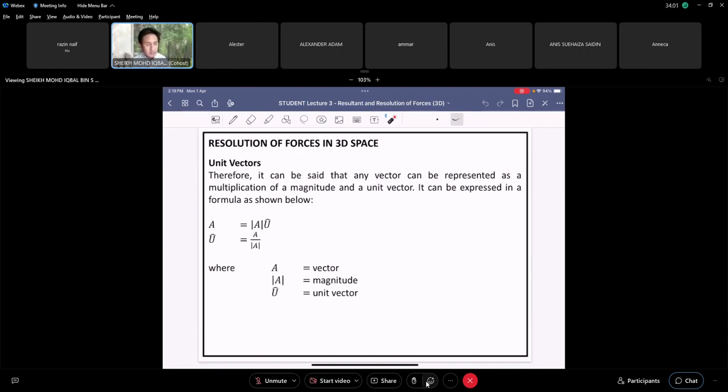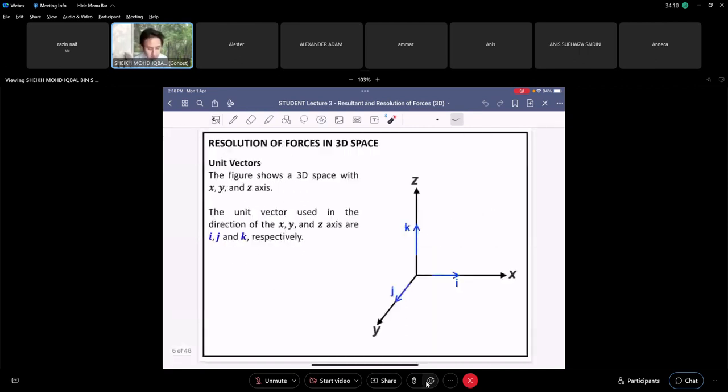If it changes the magnitude, if it's more than 1, then it does not accurately represent the vector anymore, right? So now, how do we resolve forces in three-dimensional space using unit vectors? The figure shows a three-dimensional space with x, y, and z axes. In three dimensions, we use the unit vectors i, j, and k to